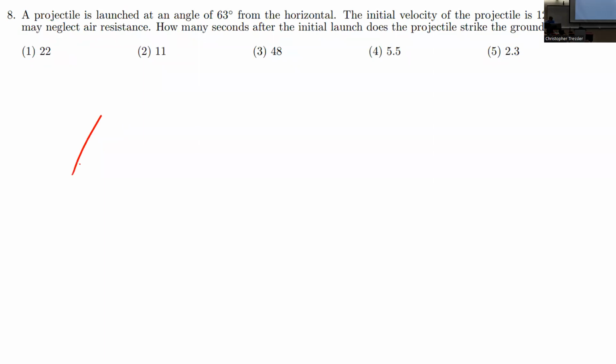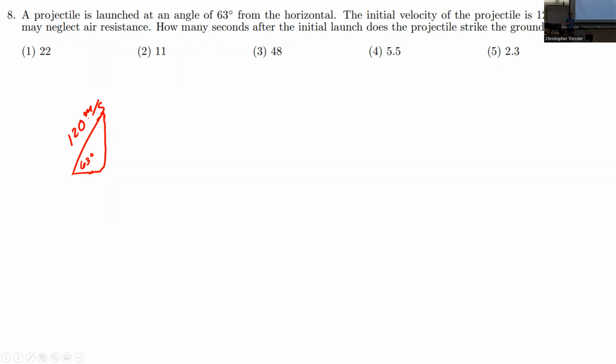So we got 63 degrees, and then we got 120 meters per second. We're going to neglect air resistance, and it's basically asking how many seconds after the initial launch does the projectile strike the ground. So in order to understand something about this problem, you guys got to know that